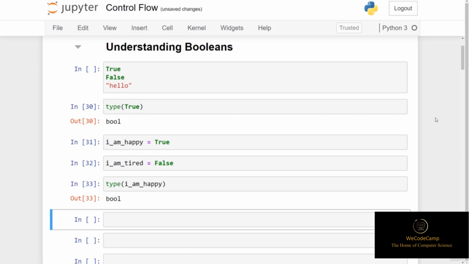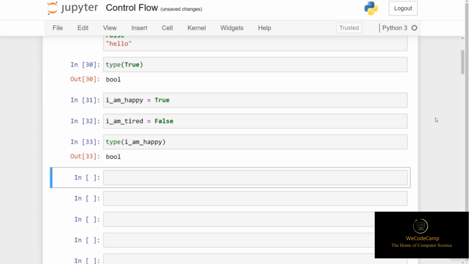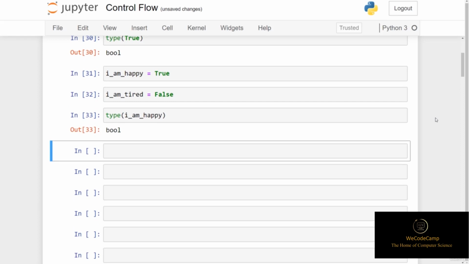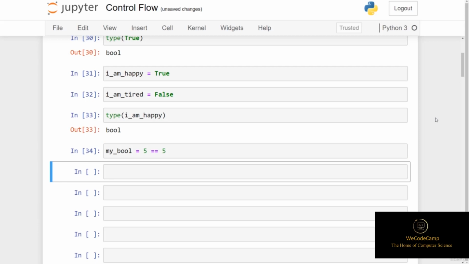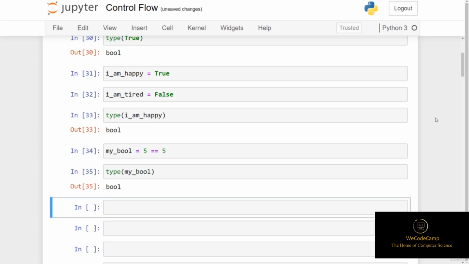Now you can also set a variable equal to a Boolean expression, so not True or False directly, but an expression that results in either True or False. So if we put my_bool and set this equal to 5 is the same as 5, which is depicted by this double equal sign, you can see that when we check the type of my_bool, we get bool, because it